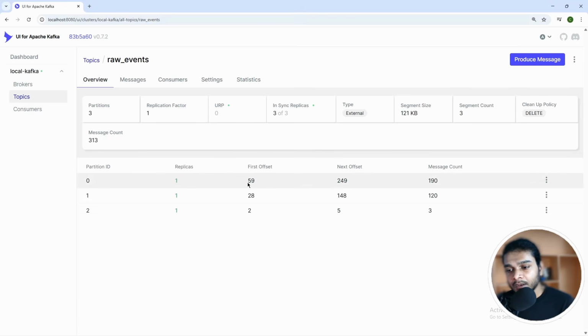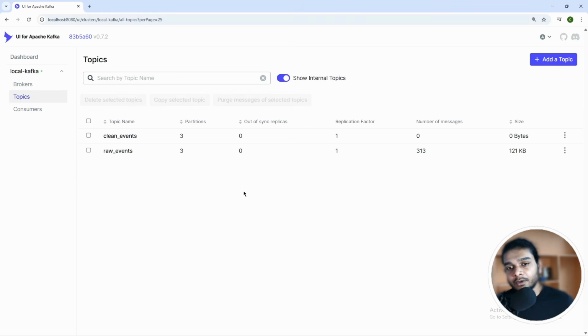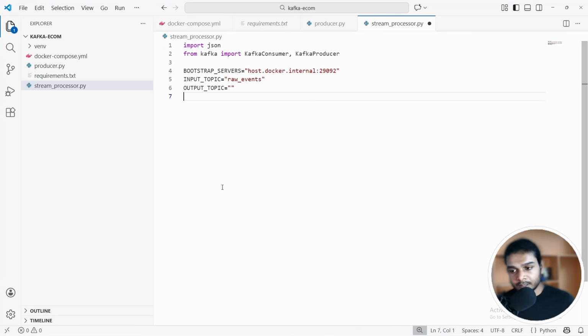And you see that after 59 records got deleted from the partition, the offset still continues from the last offset. So the last offset that was before is 59. Now that is the first offset because we deleted the rest of the 59 records, but still the offset starts from 59 again, not from 0. And it ends at 249. Okay. Now we have 300 records. That's fine. Now the output topic, we have it as